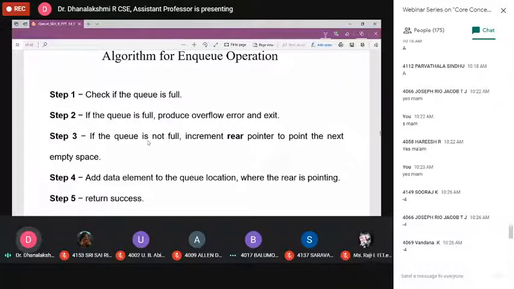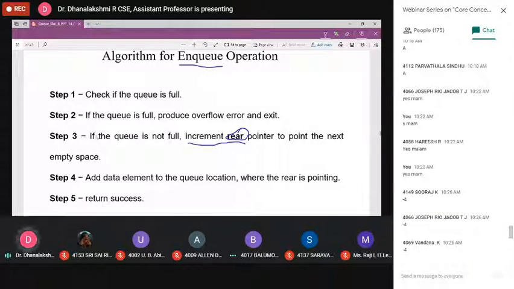What is the next step? Only one important step: we just increment the rear. Why am I concentrating only on the rear pointer? Because this is an enqueue operation. I told you enqueue is performed only at the rear end.